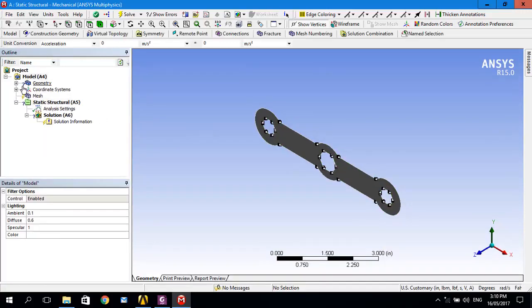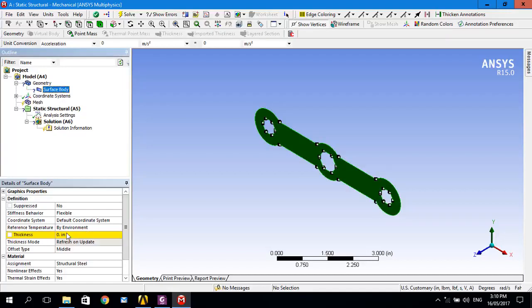Now here is a question mark on geometry, so we will select the surface body and it requires thickness, so we change the unit to